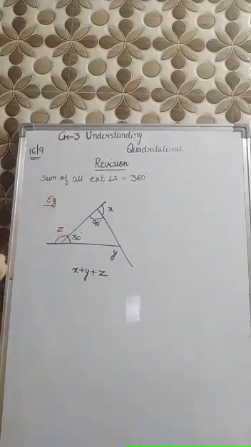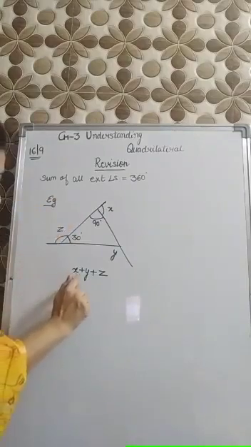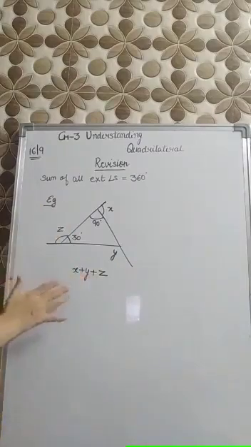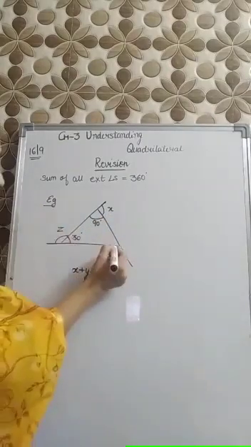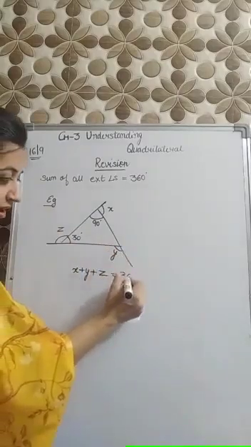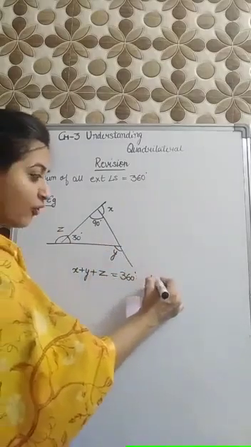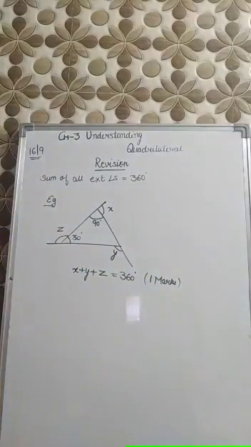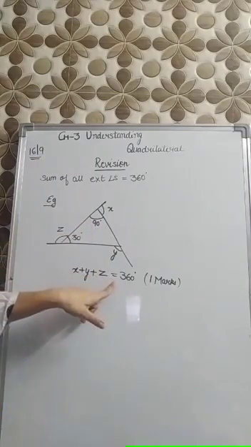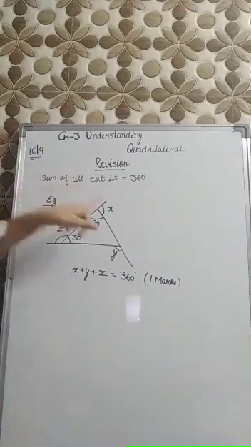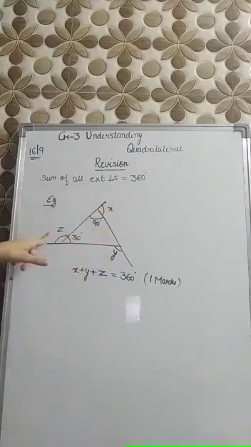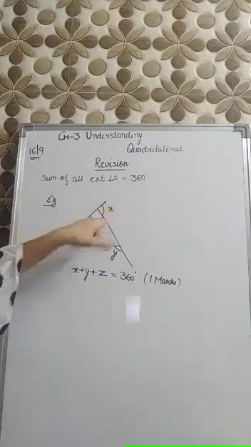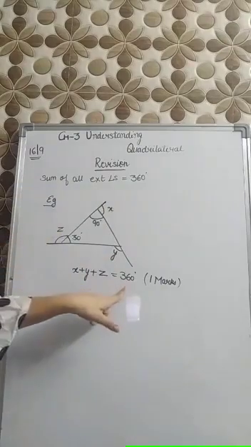In this, the question is, you have to find the value of x plus y plus z. Directly we know that x, y and z are all exterior angles. We can directly write the answer as 360 degrees if the question is for 1 mark. Without even solving, you can directly write the answer as 360 degrees. But if the question is for 2 or 3 marks, then you can't use that property, because you have to find the value of x, y, z separately. Then you will prove that the value of x plus y plus z must come as 360 degrees.